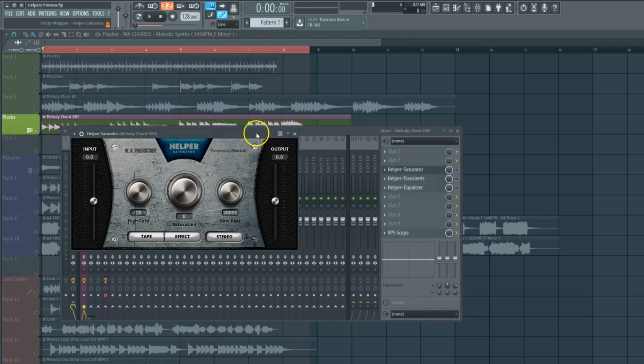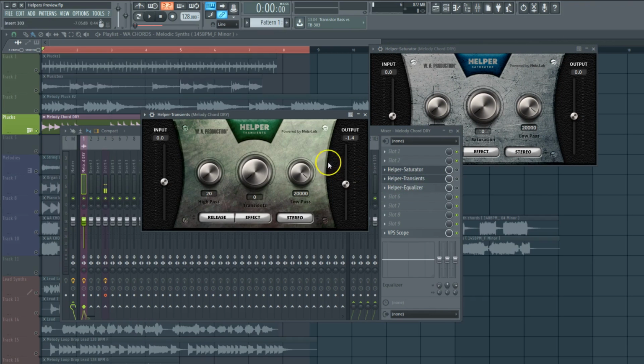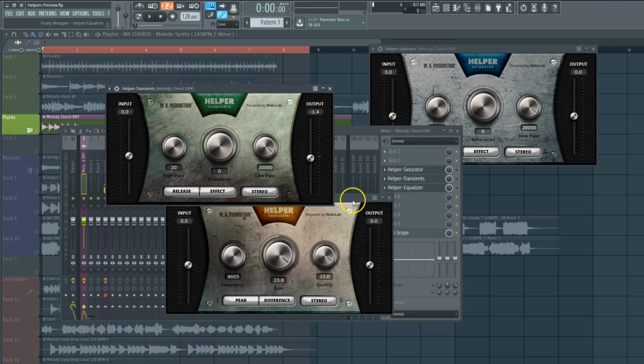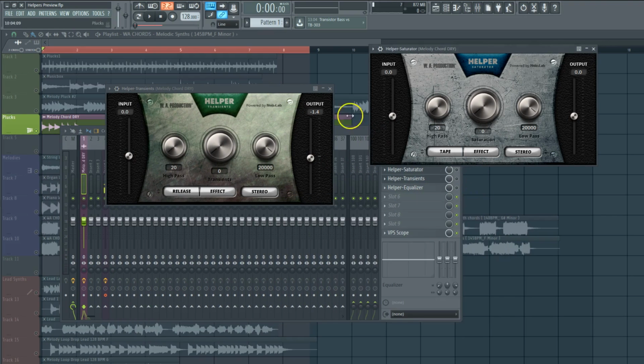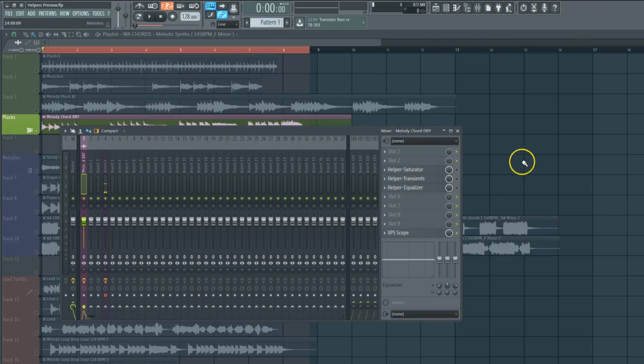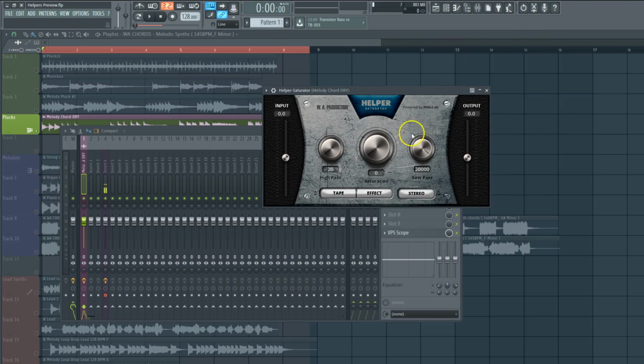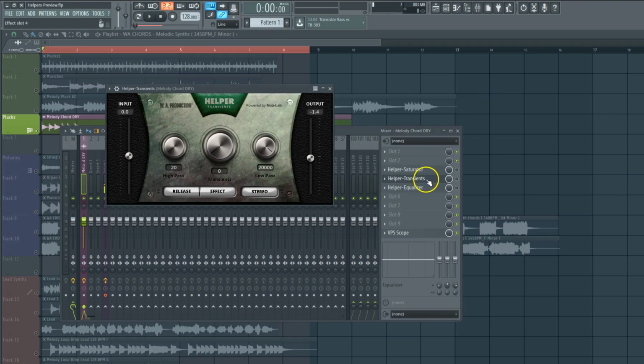We have developed really cool interfaces for these plugins. As you can see here, they look pretty nice, and they work even better than they look, which is amazing. This is the interface. As you can see, there are some knobs, filters, the amount of the effect, input, output gains, everything